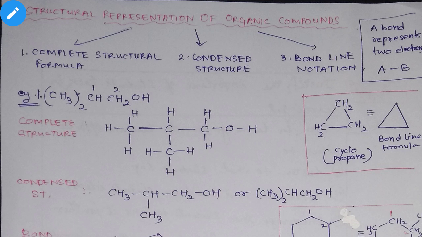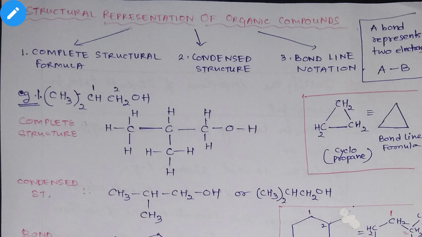Here one thing I would like to tell you, because our basics we have not done yet. Chapter 1 we have not started, and chapters 2, 3 and 4 are all very important chapters. So here in short I want to tell you one thing. I think you know that a bond is nothing but something made up of two electrons. A bond is formed by the combination of two electrons. When two electrons overlap or combine together, they become a bond. So whenever I say a bond, that means it consists of two electrons.